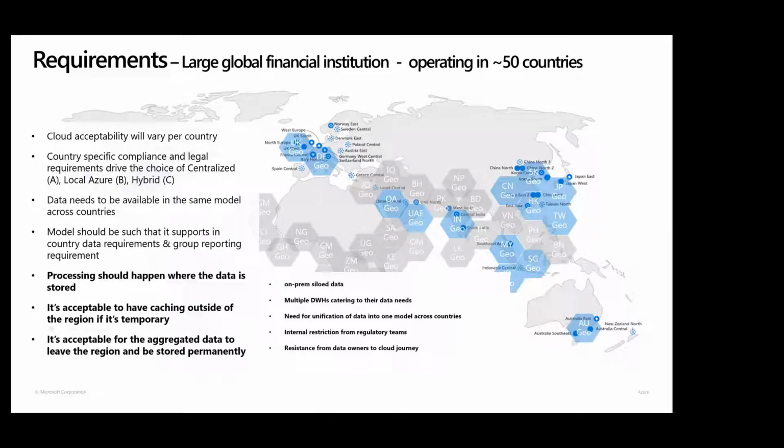Now, last but not the least, I have gathered these 3 requirements together, and I think I'll need the next half an hour to talk about it. Essentially, what these 3 requirements talk about is how the data movement will happen on Synapse, whether it is bulk movement of data, whether it is cached movement of data, whether it can stay in another country temporarily or permanently, how it will be accessed, whether it will be interactively accessed on the fly, or is it going to be accessed in bulk. So these are the requirements that will be addressed in the next few minutes.